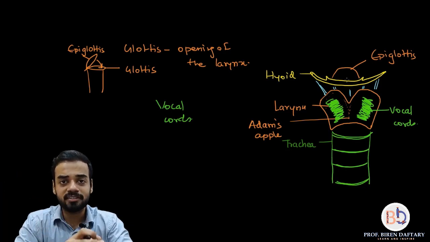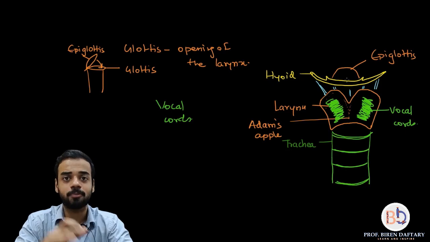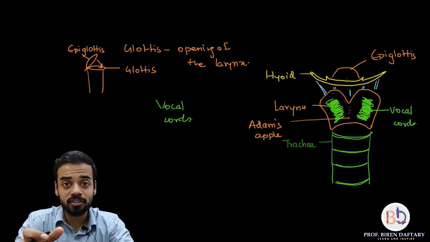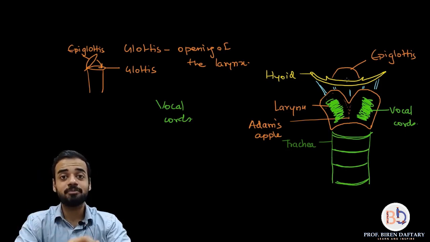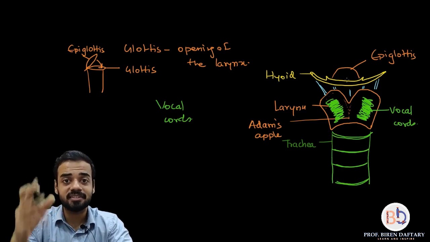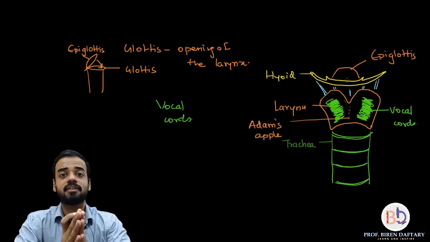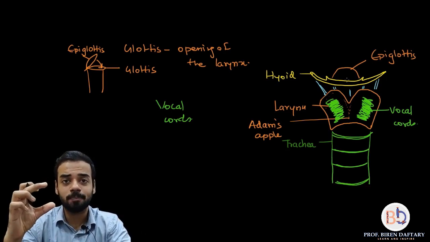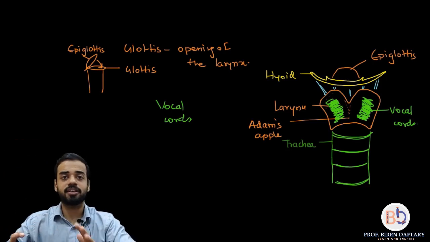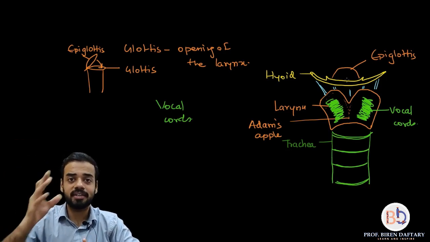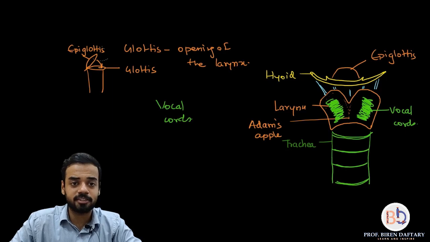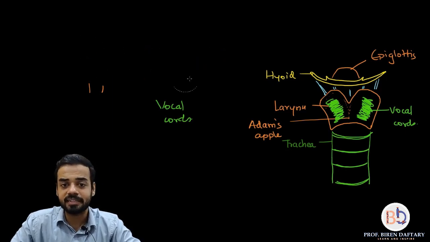Okay, so glottis is important to remember, epiglottis is important to remember, it is a protective mechanism. Vocal cords are very important. Adam's apple, in the case of males, increases in size during puberty. Okay, and that's the larynx for you. So it is quite a short part, and the larynx basically connects your pharynx with the trachea. Is this clear? So that is the third part which we completed in the respiratory system, which is the larynx.